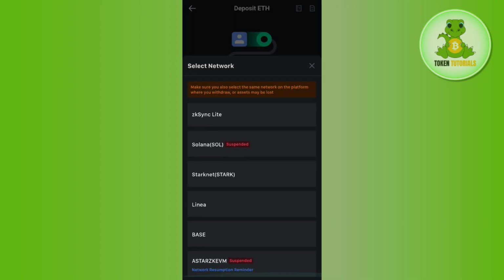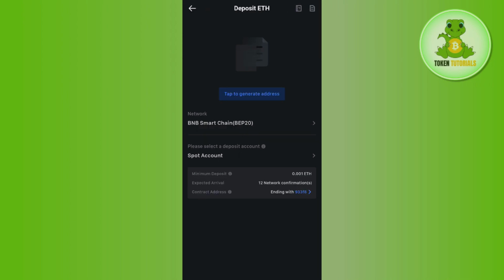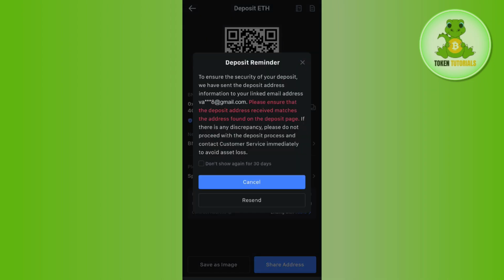After that, you will have to select the network. So let's say you want to get it via BNB Smart Chain, which is BEP20. So you will have to select the network, and here you will be able to see the option of tap to generate address. So you need to tap over here, and then it will show you this type of reminder